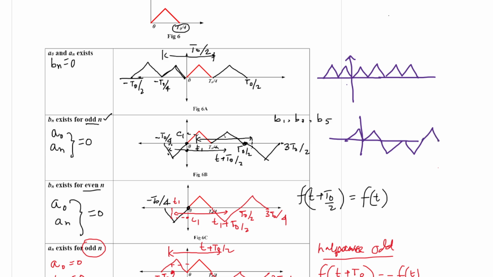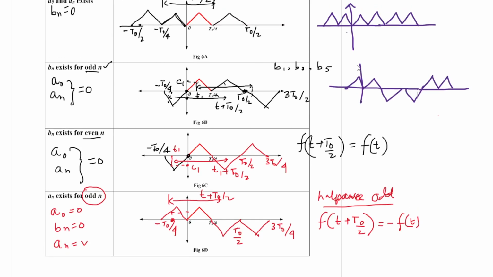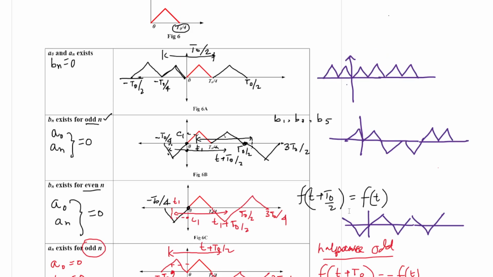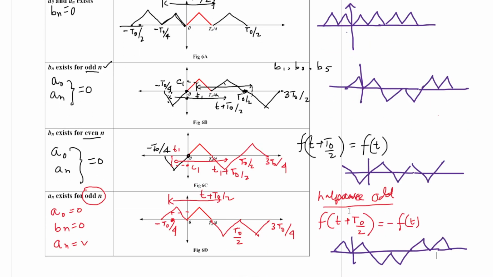Again it goes like this. The third waveform is of this type of nature. In this way, and the fourth waveform is this. So every time it is a symmetrical wave but differently arranged, and depending on that nature, different